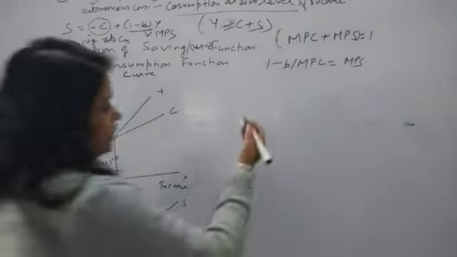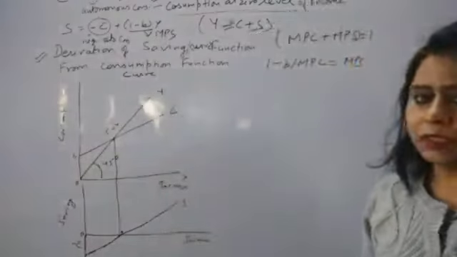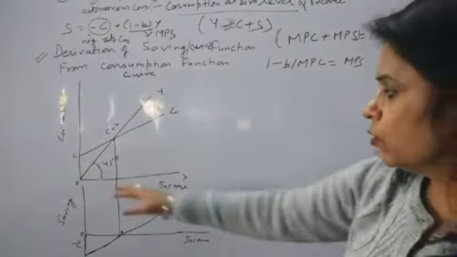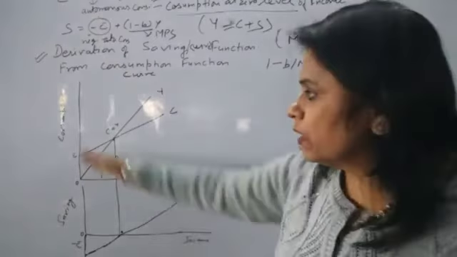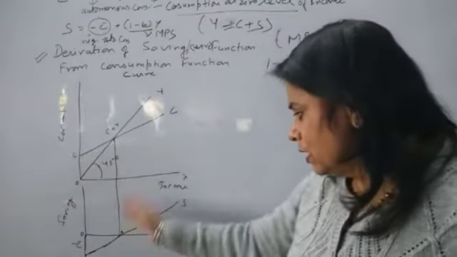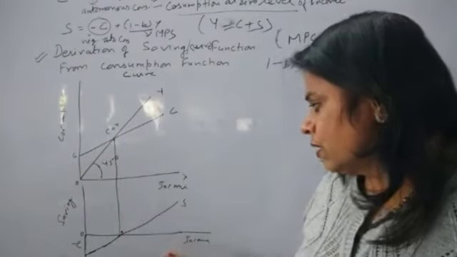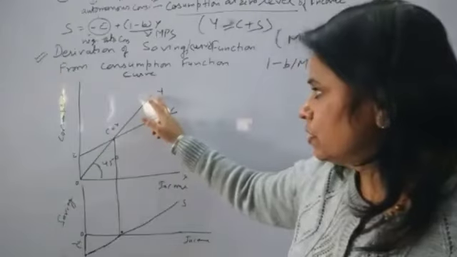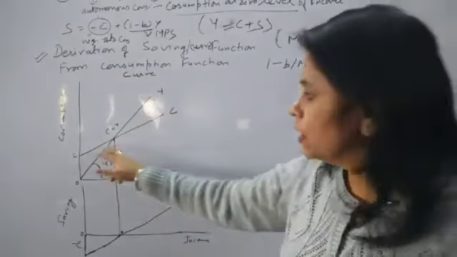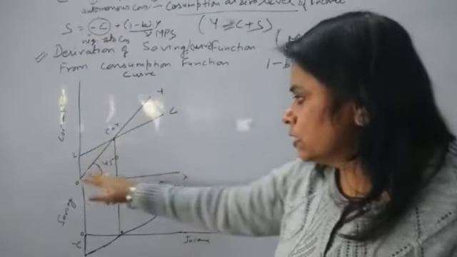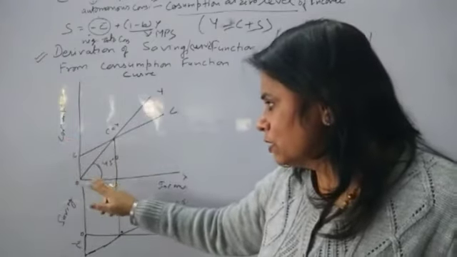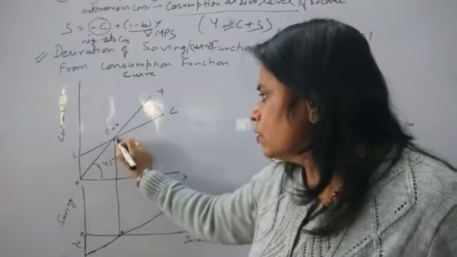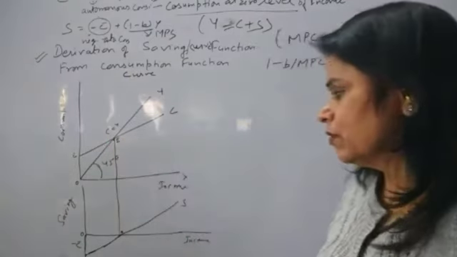The same we can derive from the saving curve to the consumption curve. Write it the same way as drawn. We have to write here that on the x-axis we are showing income, on the y-axis we are showing consumption, and in this curve we are showing income here and saving here. The Y curve denotes the income and the C curve denotes the consumption. C bar is our autonomous consumption, and at this point E, C is equal to Y. This is called the break-even point.